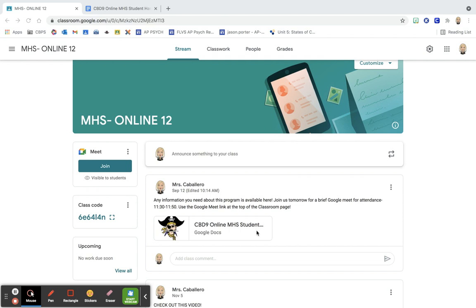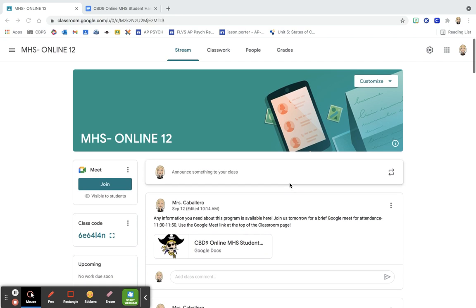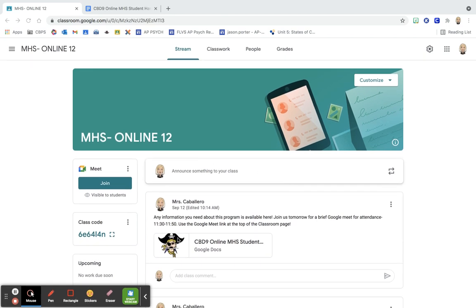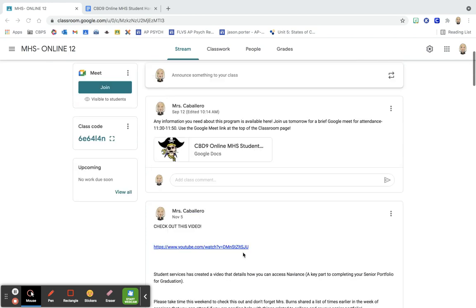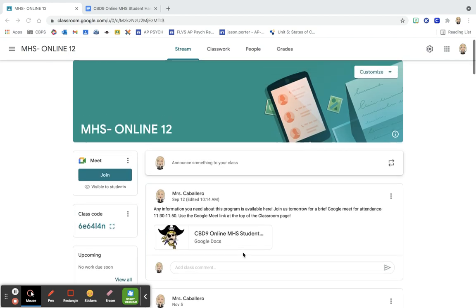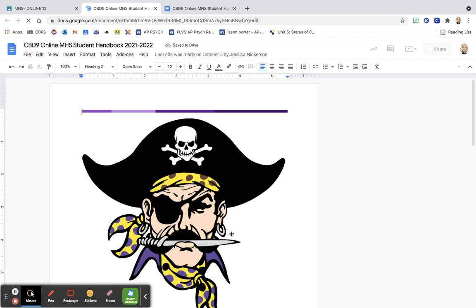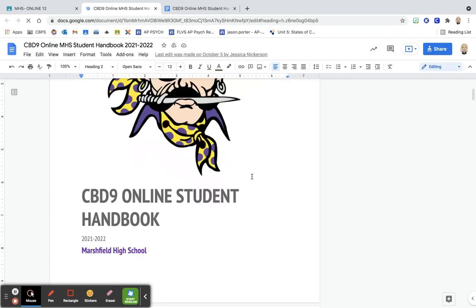student handbook. This handbook should be pinned to the top of the classroom. It should be the first thing posted. This, for example, is for our online seniors. It's the first thing posted in our classroom. If you don't see it right away, go ahead and scroll and it'll be down a little bit farther. But for these seniors, it's here. So you're going to go ahead and click on the online MHS student handbook, and it will go ahead and pull up the handbook. Now, what you can do is scroll on down